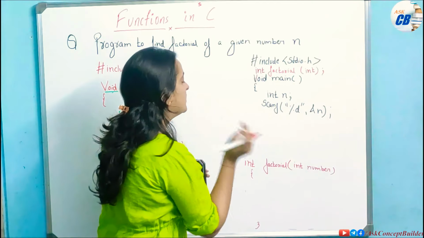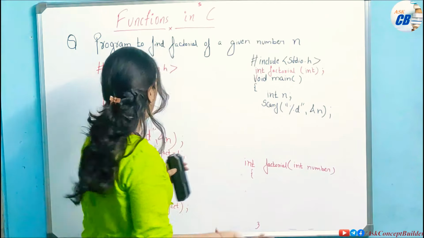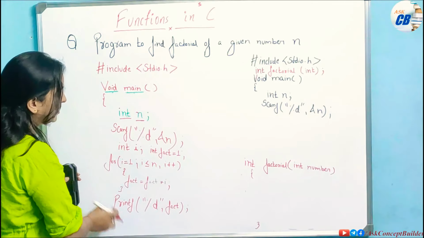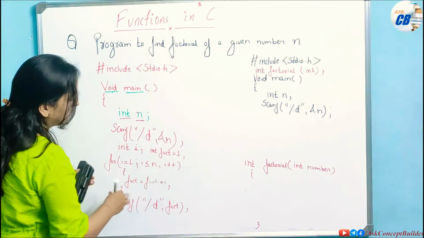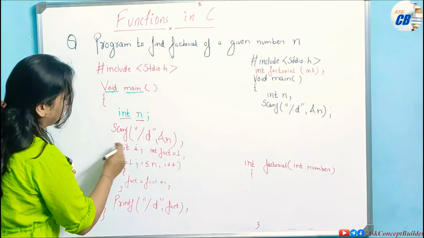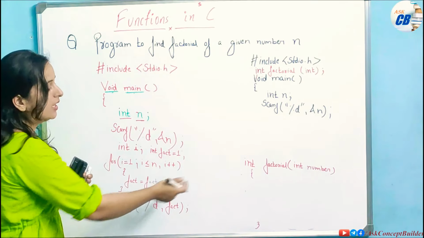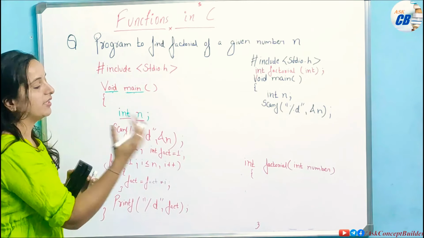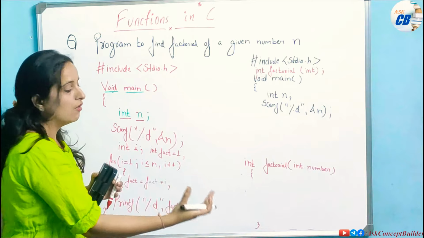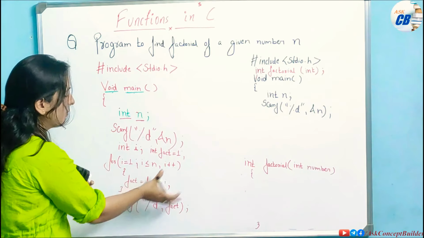Now what I have to do is, this is my factorial function. Now all the statements which were here, these were the statements to find the factorial. This I have included in my main function here. Now I will write it inside my factorial function. The only difference is that I have created a separate function, factorial, for finding the factorial, and all these steps I will write there.